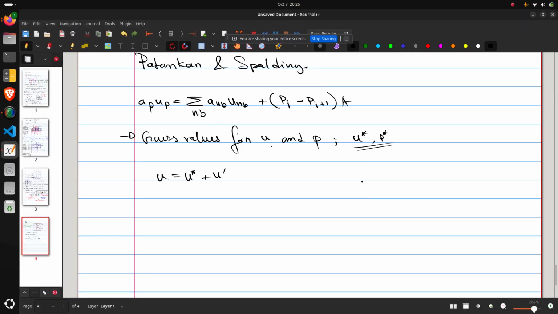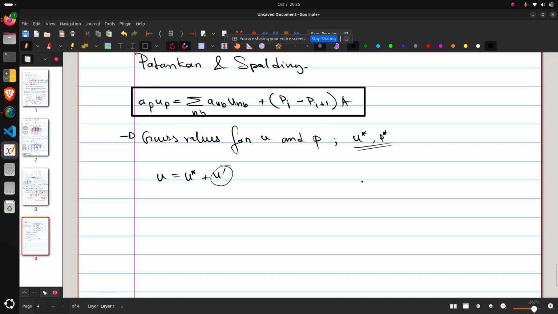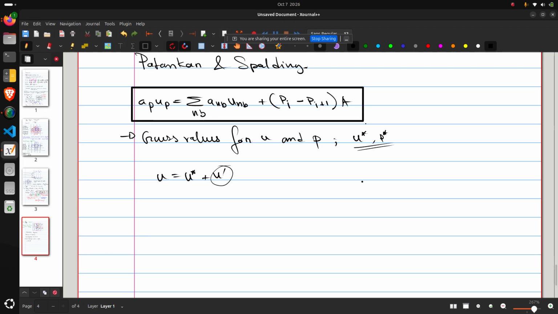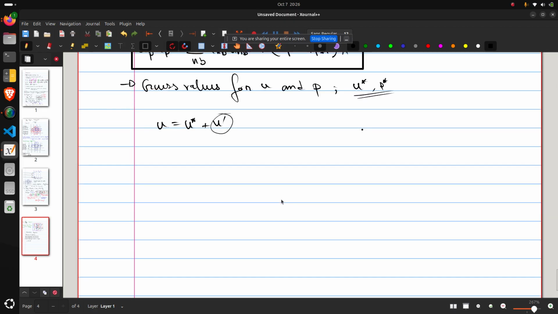Okay, so keep it in mind that first we will take a guess value, and then we will do some operations, and then we will arrive at the correction term, and we will add it to the guess term, and we then get the actual value. This part I just wrote without any indices to give you a holistic picture. Now going back to the actual discretized equation, we will write